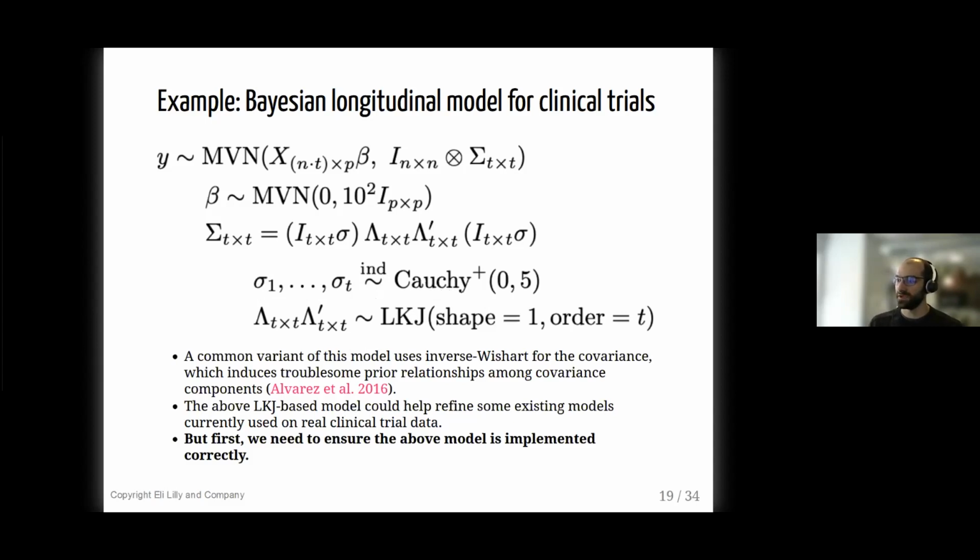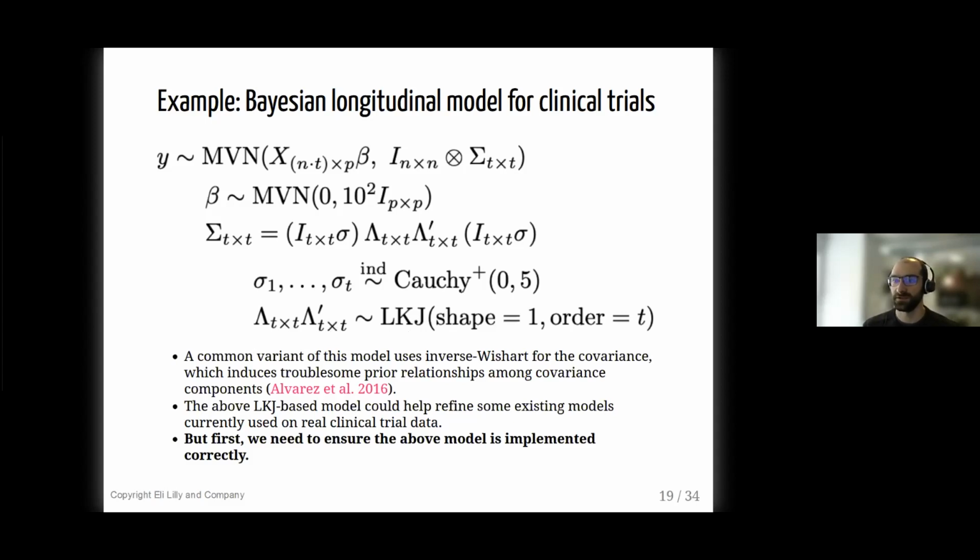And Stan has some really nice functions in the Stan code to actually invoke this LKJ prior either through the correlation matrix itself or through a Cholesky factor, like this lambda t by t, which you see here. So this is very relevant to what I've been spending a lot of time with in my day job, even though this looks very general. This is a great point in terms of how we're transitioning.